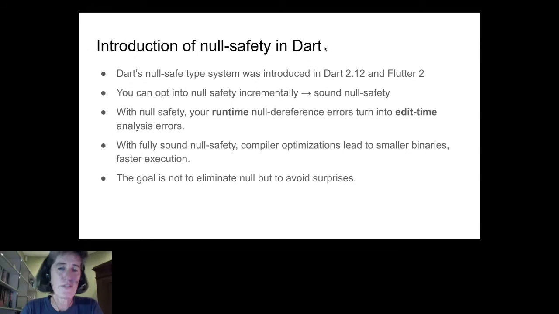The way it was introduced now is so that you, as a developer, can adopt NullSafety very incrementally until you eventually